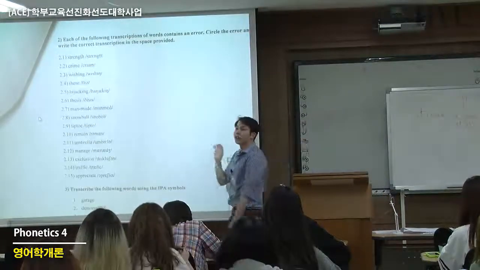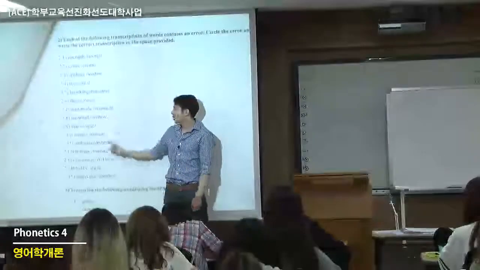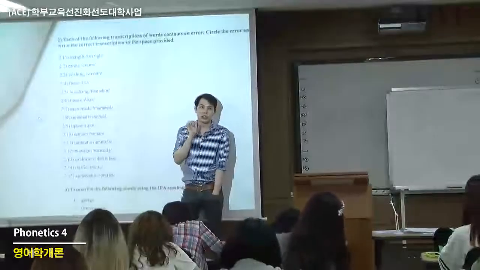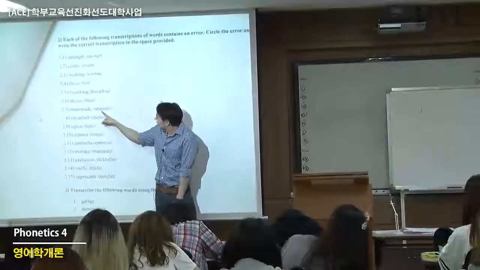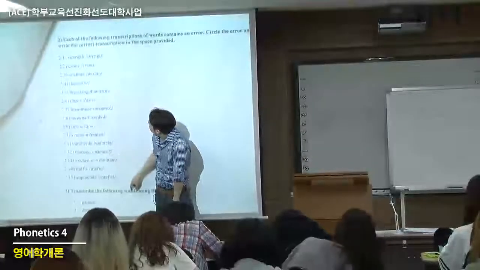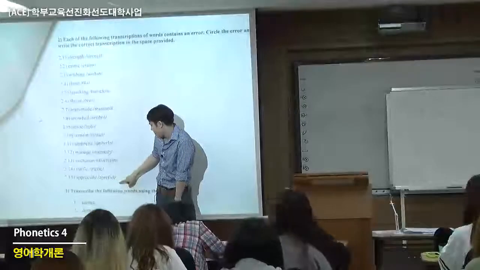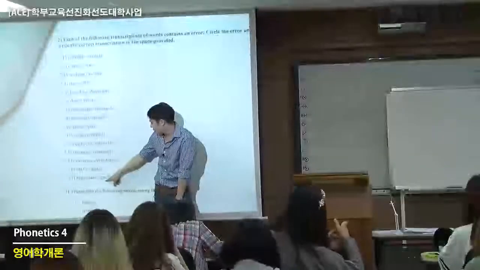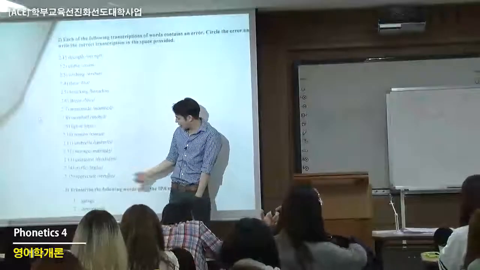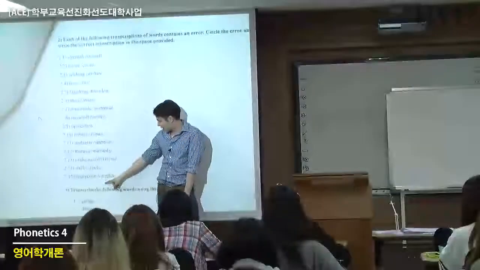And if you're not sure, try to pronounce what you see, and you might be able to see where the error is. Like, which one is a good one? Maybe 2.15. You might think, oh, is there any error in there? Everything looks perfect, right? But if you pronounce it